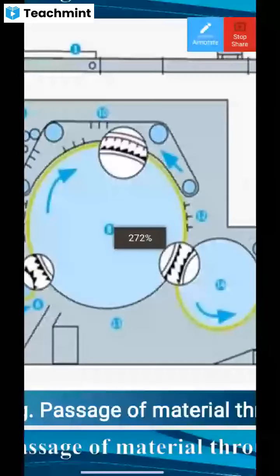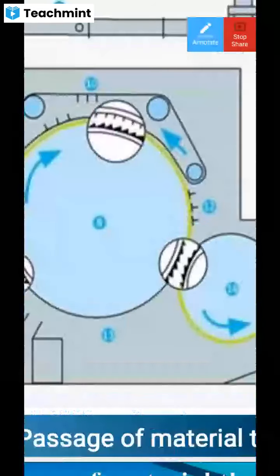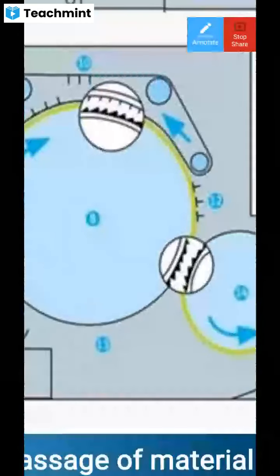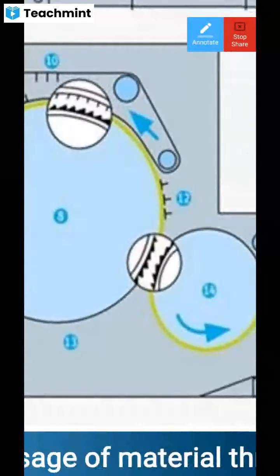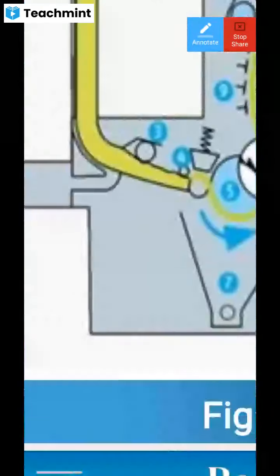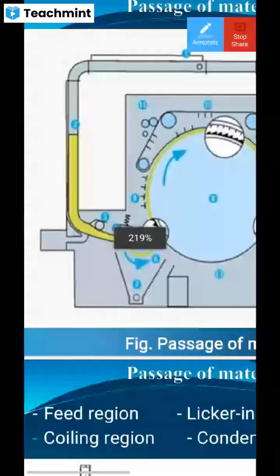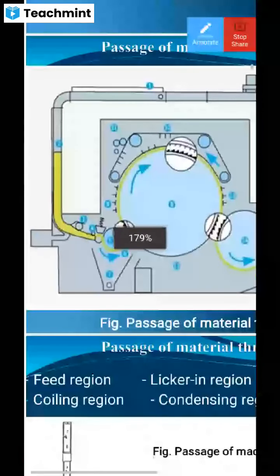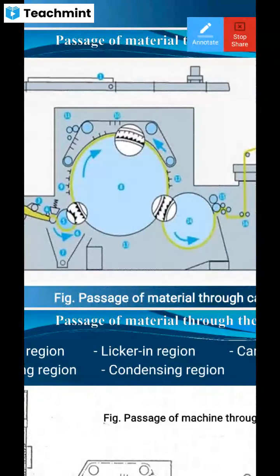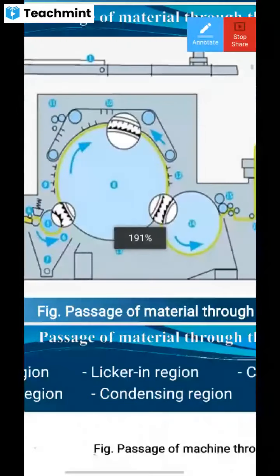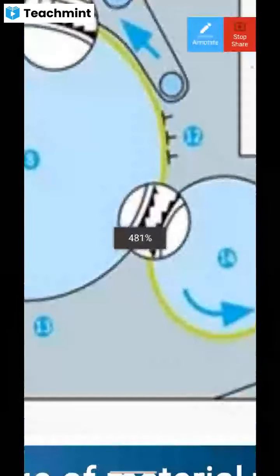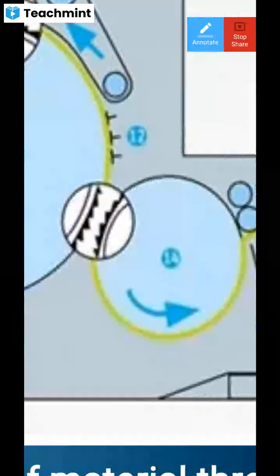One more thing, here the material transfer is occurring. The materials are removed from the cylinder wire surface to the doffer wire surface. Here, no cleaning or opening, only material transfer. This setting is very, very close, 4 thou only. Here, the setting is 7 thou. The materials are totally condensed. Here the material comes to a very close compact stage, very thin material only. So accumulate a 40-inch width of material to convert it into sliver. This is the material transfer zone or doffer zone. Here the material is transferring from the cylinder surface to the doffer surface.